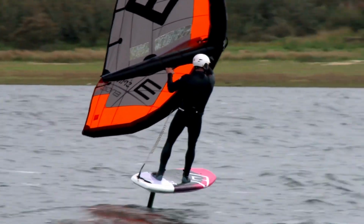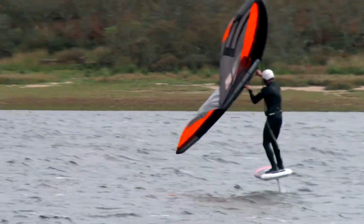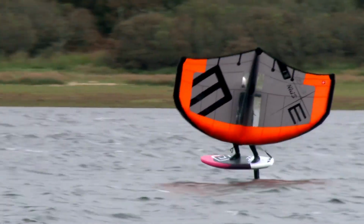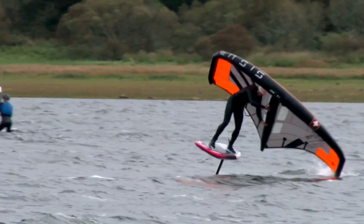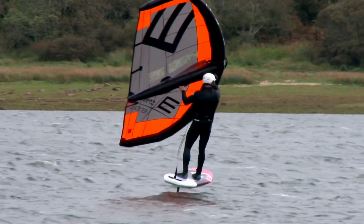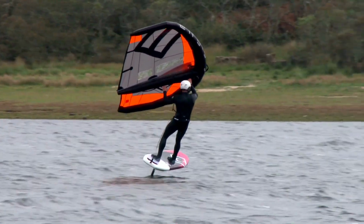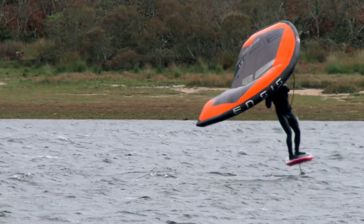So he's riding out heels to the wind, so he's going to start a carve 360 here, so he drops the rig, leading edge of the rig down to the water, pulls it through the wind, carves the whole way round, riding on the foil, which is the objective. So you're likely to see a tack here, so he comes around, tacks up into the wind,